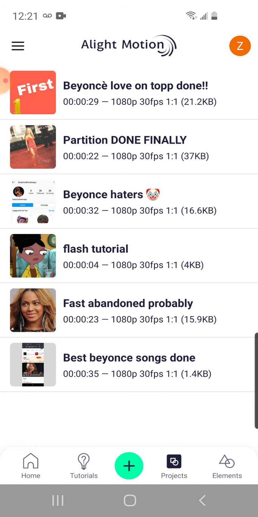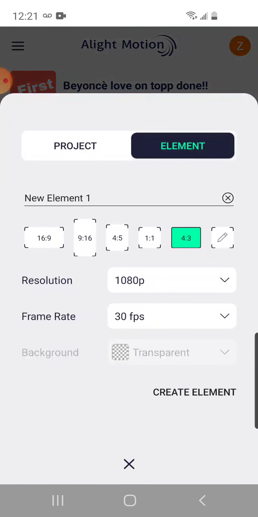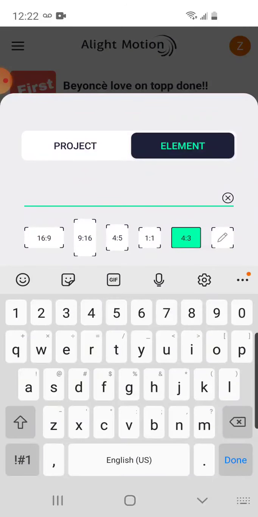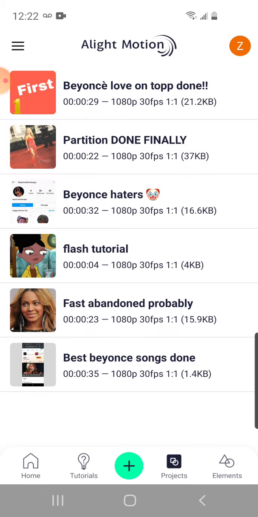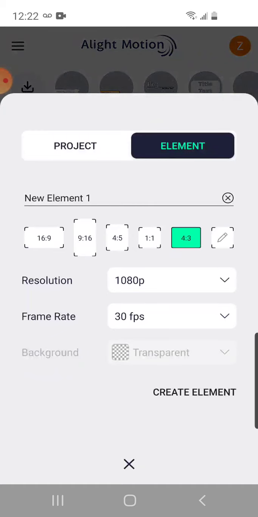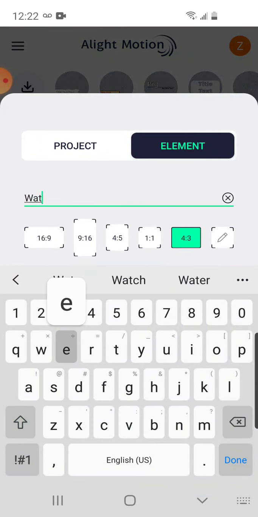So what you're going to do is press the add and go to elements. The reason you're going to do elements instead of just adding text to your project is so it's easier to just add it instead of having to redo it every time. You can just add the element to your edit every time without having to redo it. You're going to name it whatever you want. I already have my watermark element right there. This is an accidental element, which is why it's not named, because I name all of my stuff, you can see. But we're going to do element, and I'm just going to name it watermark